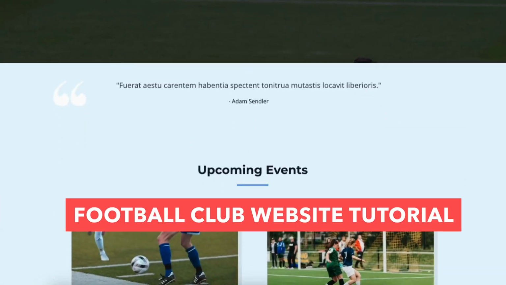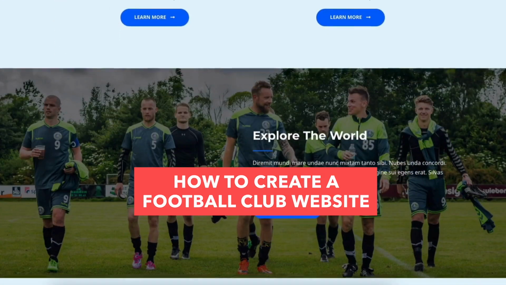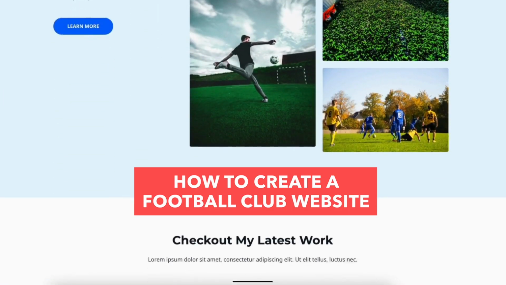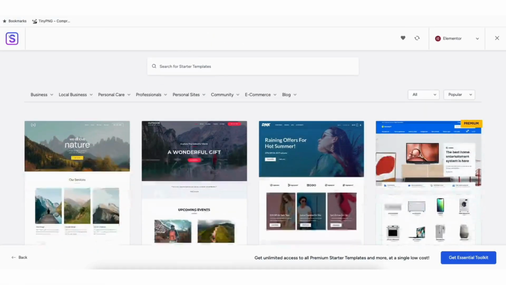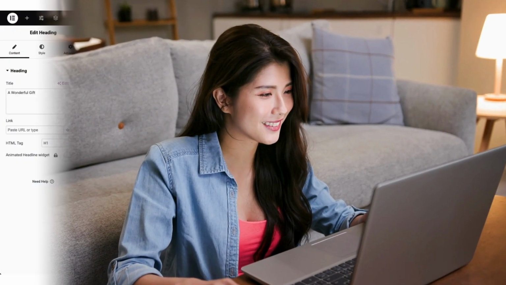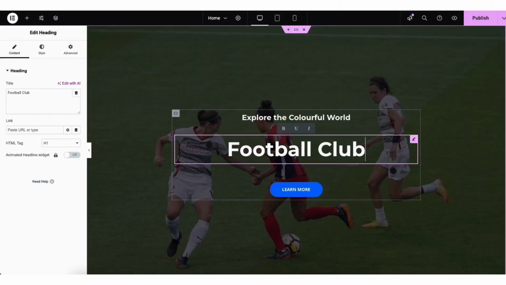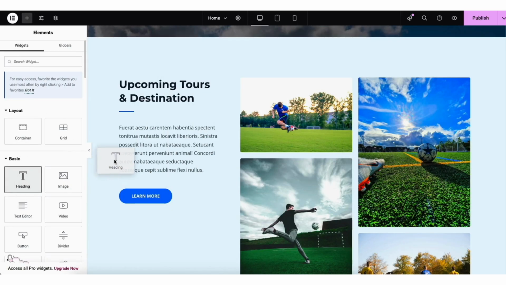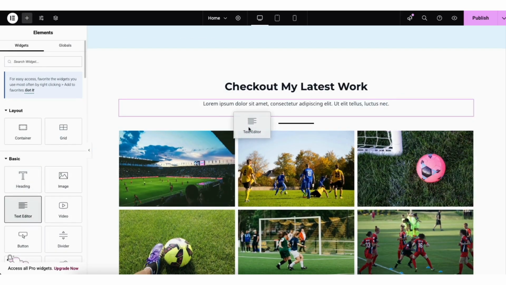In this Football Club website tutorial, we're going to be going over how to create a Football Club website step by step from start to finish. I'll be showing you how to access professional pre-made WordPress website templates to make creating your Football Club website an easy process. I'll also be going over how to create your Football Club website using one of the most popular drag and drop editors, Elementor Page Builder, so you can build a professional looking Football Club website via drag and drop.